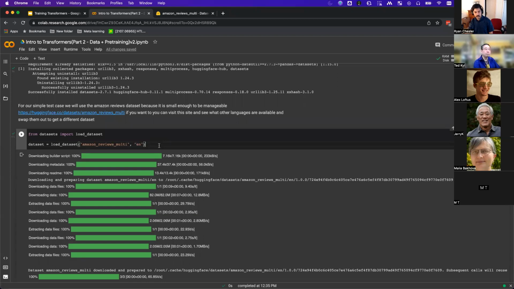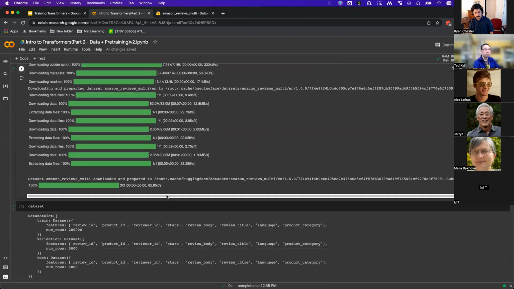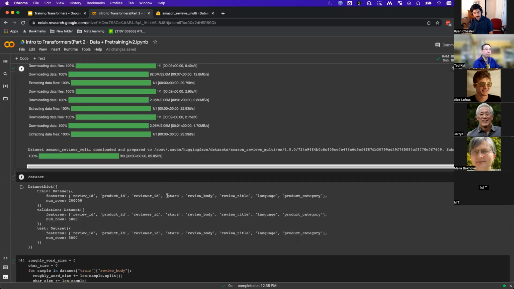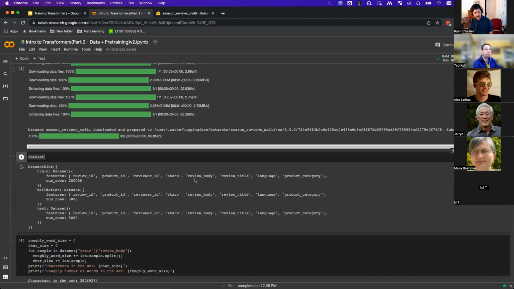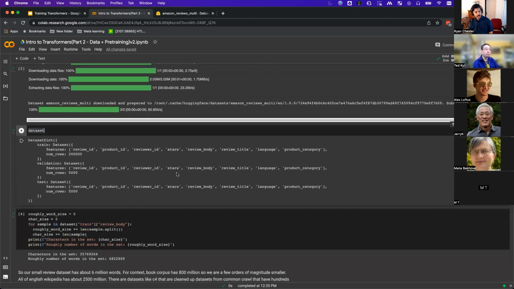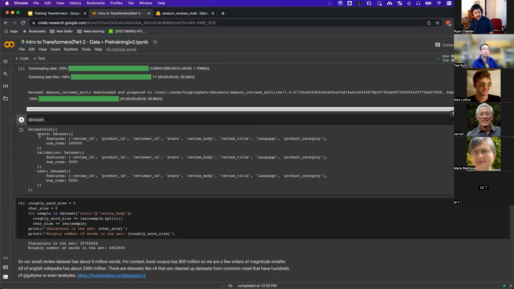The scale of the data will be similar. You'll get similar results, but with a different vocabulary, different set of reviews. So if you want to play with that, that's a reasonable kind of breaking point to try something else. So here's what the dataset looks like. The dataset is this HuggingFace object